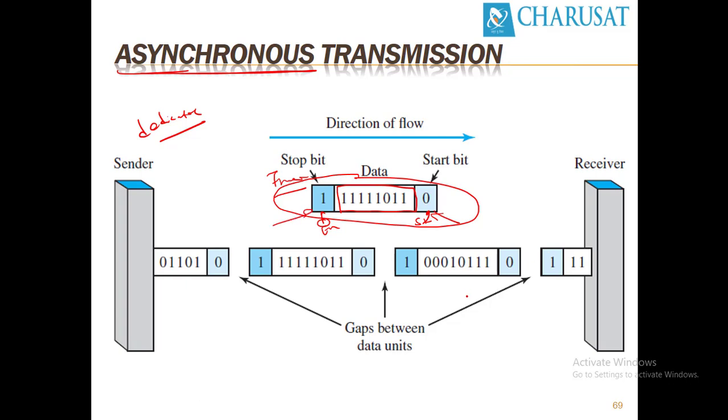And in asynchronous nature, both the parties, sender and receiver, do not know in advance what the gap between these 2 frames can be. Gap in the sense whether it's 1 second or 10 seconds or 1 day. At what time the sender can send, the receiver does not know in advance. So that's why it is known as asynchronous transmission.